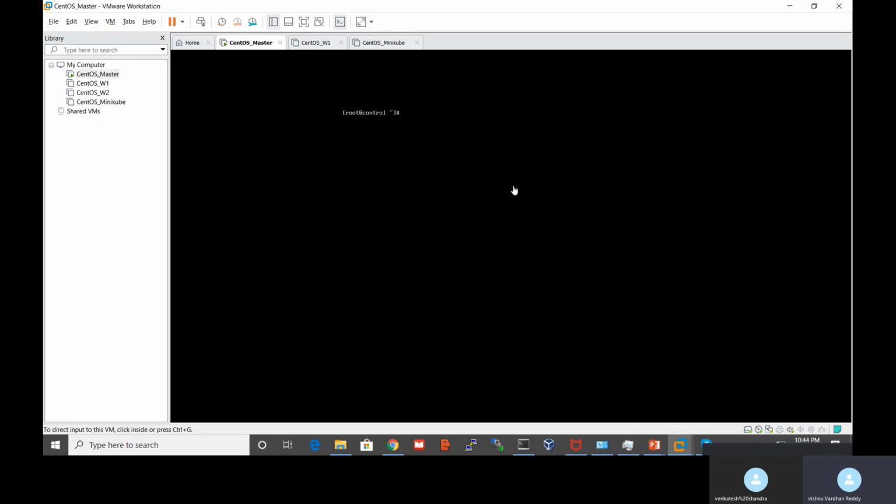Then you need to chroot, you need to change to sysroot with chroot sysroot. And then you need to change the password. So what are the steps we need to do? I will give them here. You can check my video for what things we need to change. I will write here.